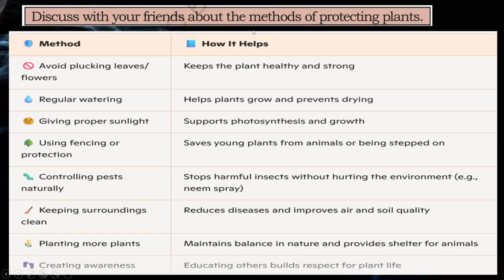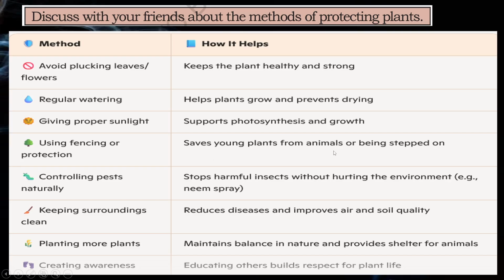Discuss with your friends about the methods of protecting plants. Method and how it helps. Avoid plucking leaves and flowers: keeps the plant healthy and strong. Regular watering helps the plants grow and prevents drying. Giving proper sunlight supports photosynthesis and growth. Using fencing or protecting